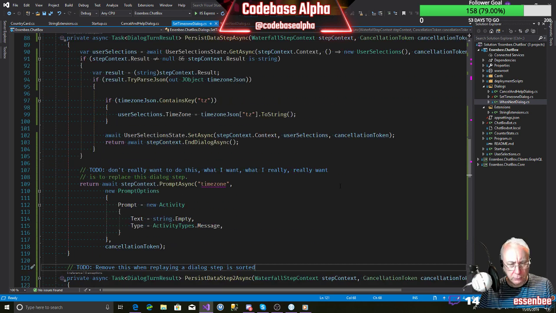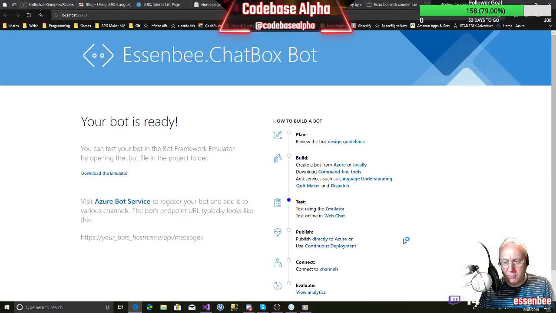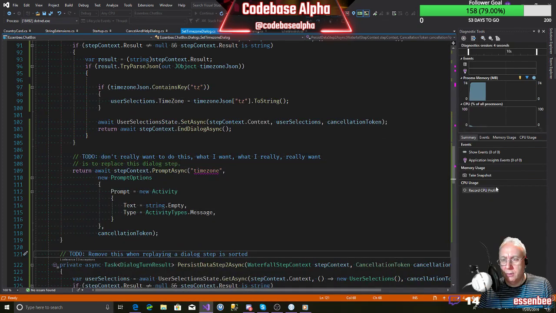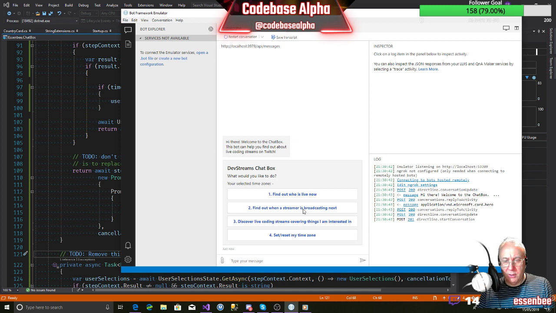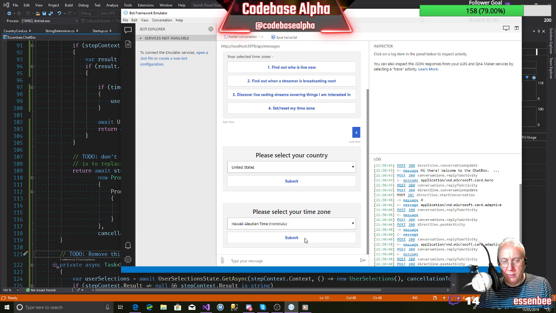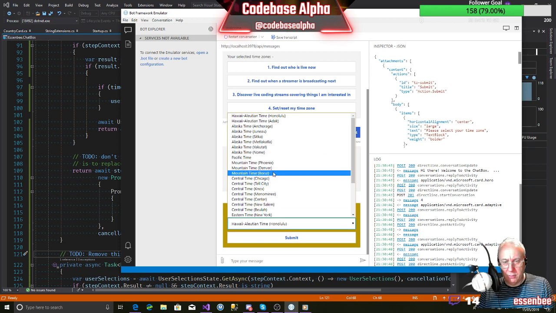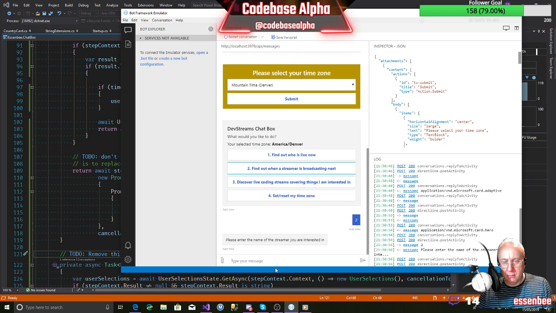So I believe we have running code. So let's just check we have running code before we check this into GitHub. Because I do want to check the code in so you can go and play with it if you want to. Let's make sure it does actually run. So we can select that. Hit submit on United States. We'll hit submit on Denver. And then we'll select a streamer, and we'll type in Dev Chatter.